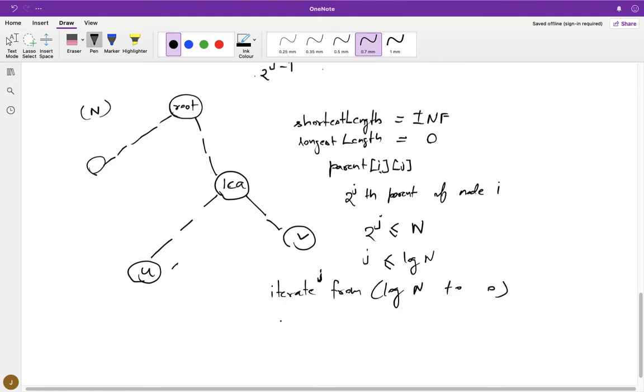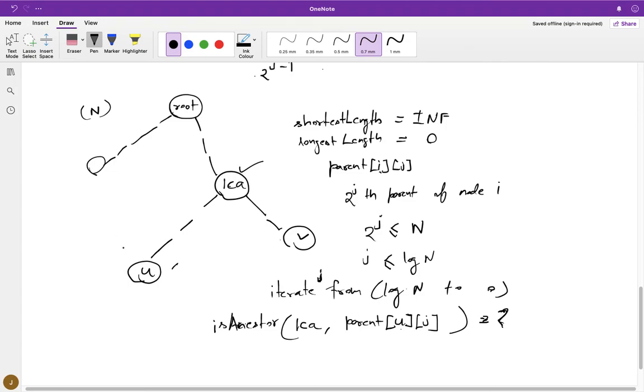Now I am going to check whether my node LCA is an ancestor of the 2 power jth parent of node U. So let's start with node U, forget about node V. We are going to iterate j from log n to 0 and check whether this is an ancestor or not. So why are we checking this?